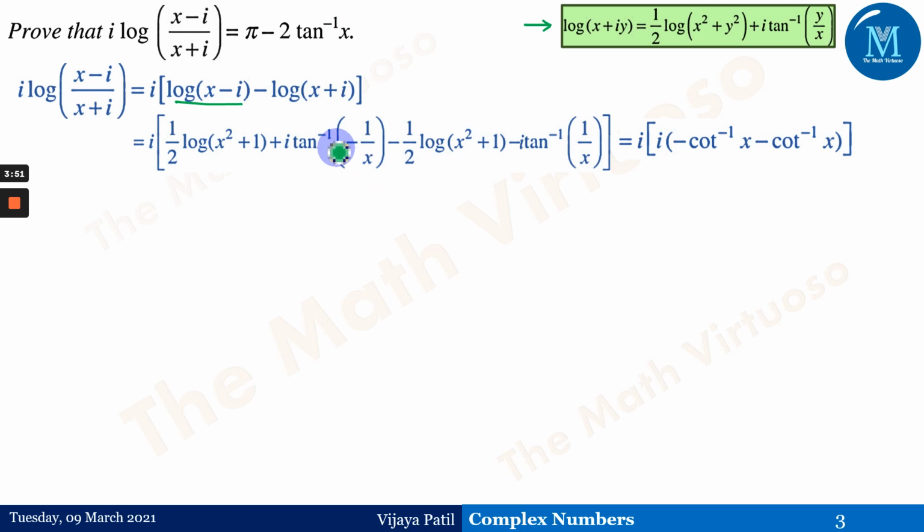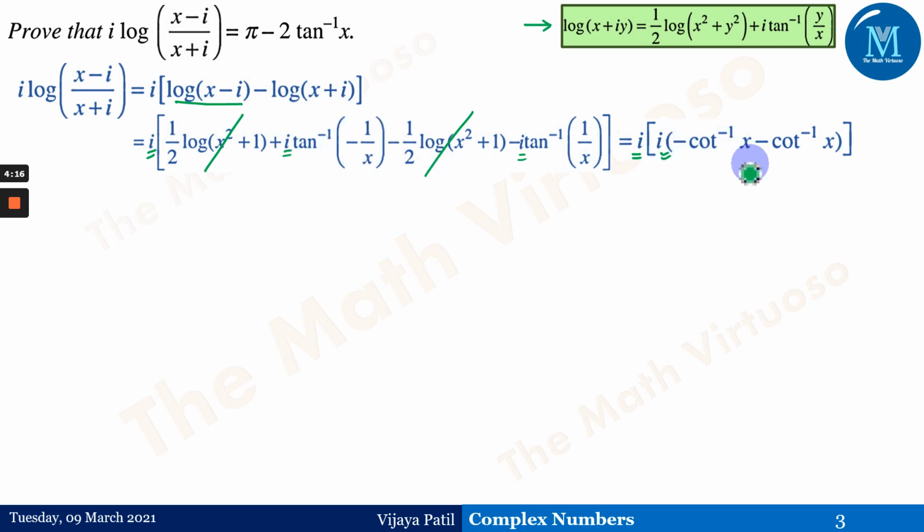This can be written as, now because of this plus and this minus, 1 by 2 times log will go off from here and will remain here with i, which is this i outside the bracket, wherein we have got this i from here and this i from here. This is what we are denoting here. So we have got here i into this tan inverse of minus 1 by x, which can be written as